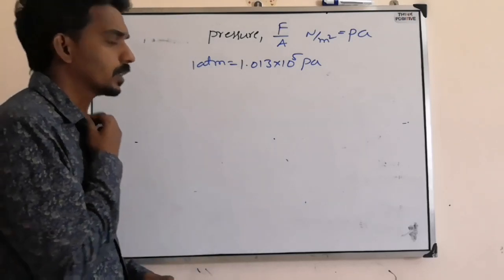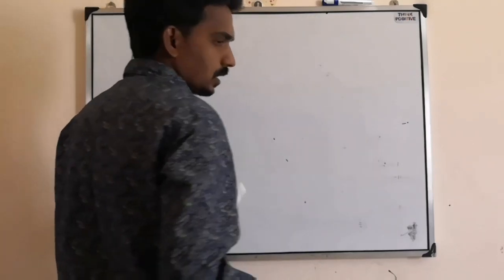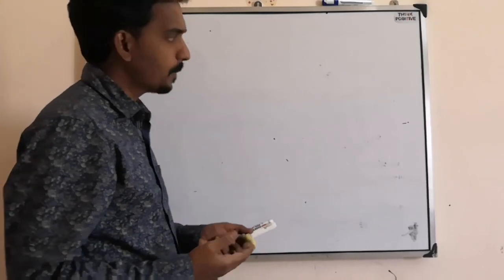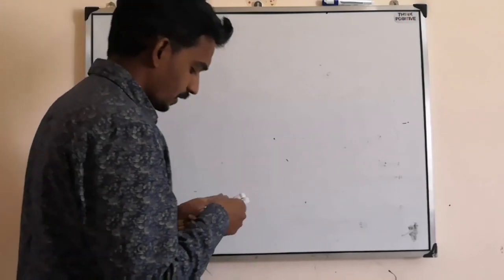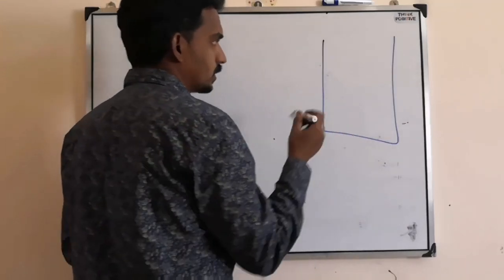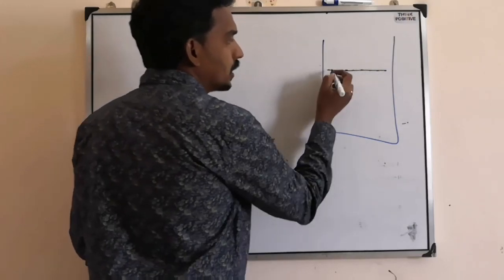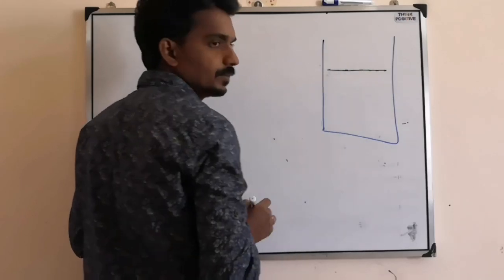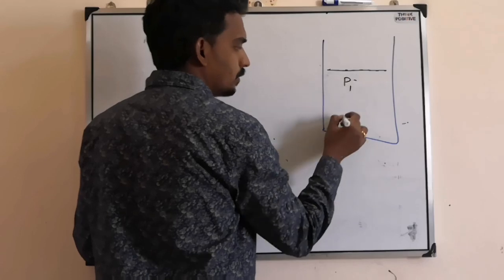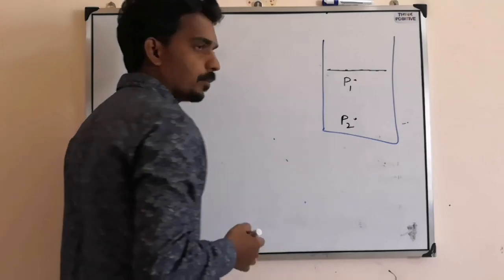Now based on pressure, how will the question come? See here, using Pascal's law. Pascal's law says that inside a steady fluid, at any depth the pressure remains the same. Suppose this is a beaker and some liquid is there, and there are many points all at the same level, then the pressure at every point is the same. But if you consider two different points, the pressure is not the same. The pressure is high at depth, deeper, and lesser at the upper point.